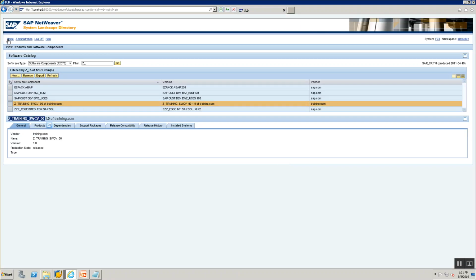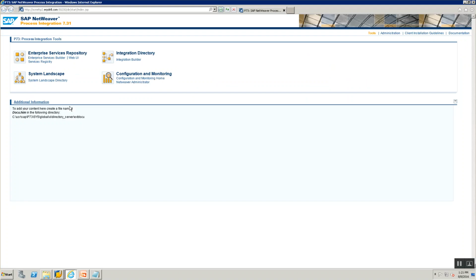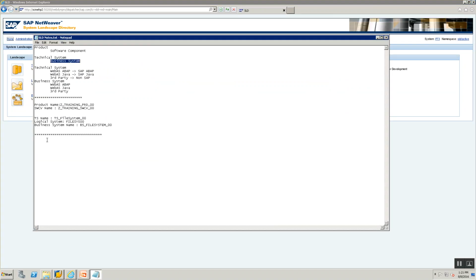When you click on that, it will take you to the SLD. Once you come to the SLD, you can start creating the product and the software components. We created a third-party product, software component, technical system, and business system. And these were the various names that we noted down.